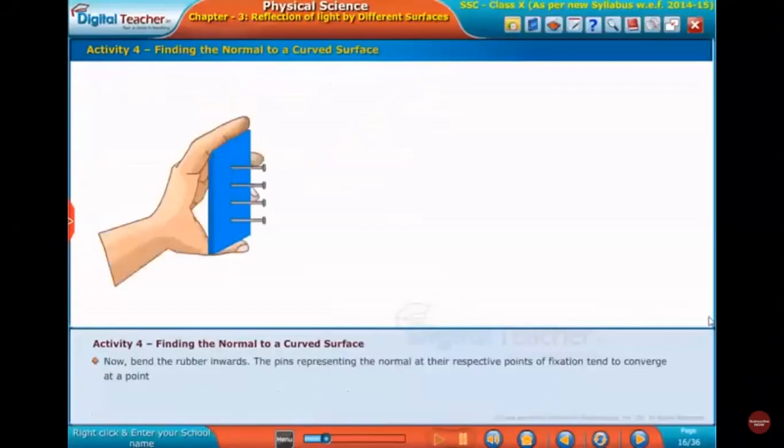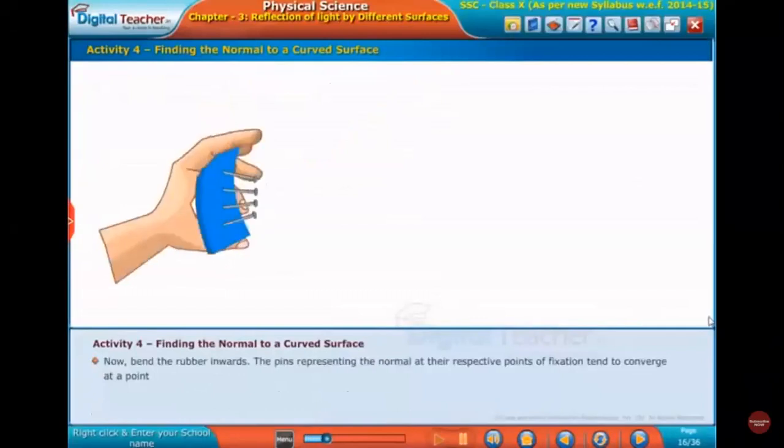Now, bend the rubber inwards. The pins representing the normal at their respective points